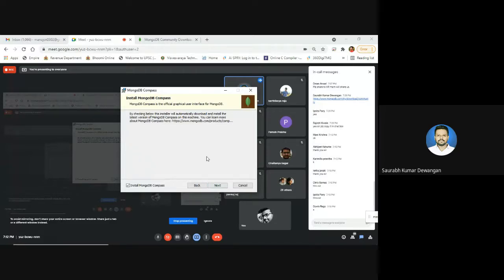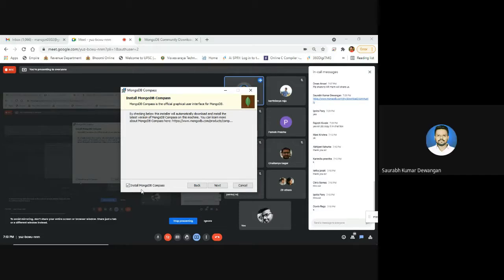Then wait. Here you can see Install MongoDB Compass in the bottom left, right? If you select this, it will not take much time if your internet connection is fast. Compass is around 500 MB, so don't stop in the middle.